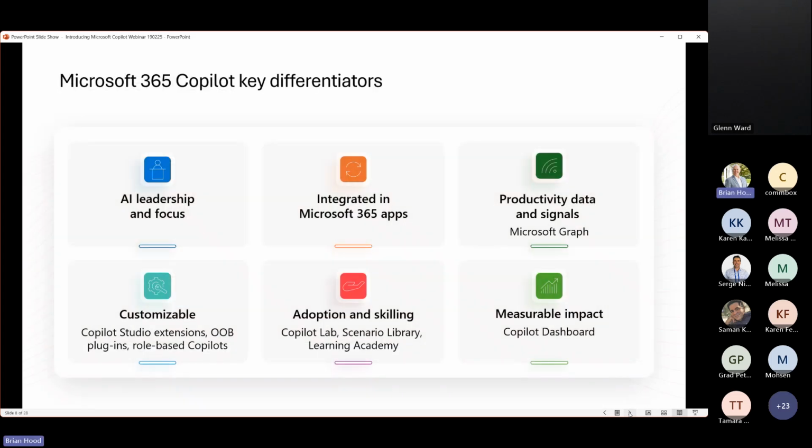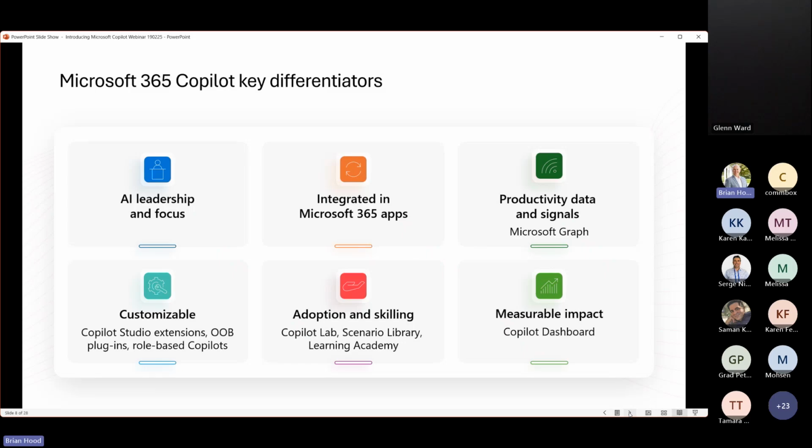So these are what we think are the key Copilot differentiators when it comes to using AI in the workplace. First of all, Microsoft has made very clear that there should be a governance model and there should be a leadership and focus around how AI is integrated into the workplace.